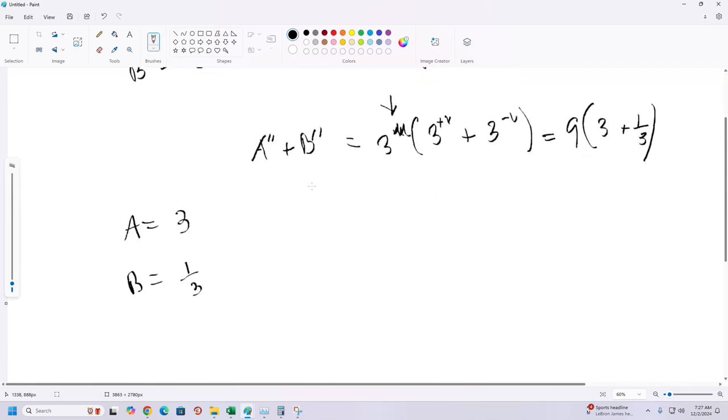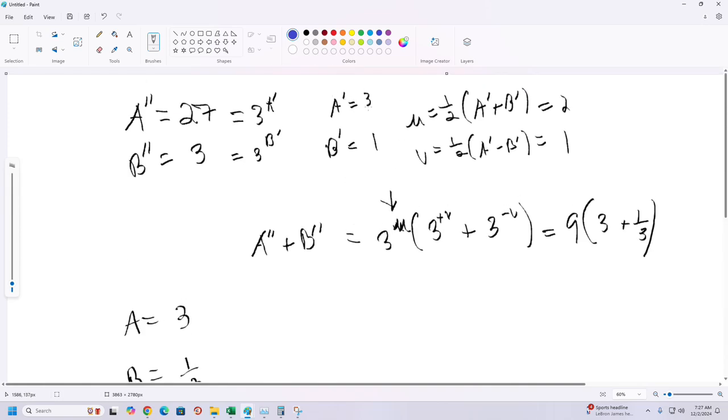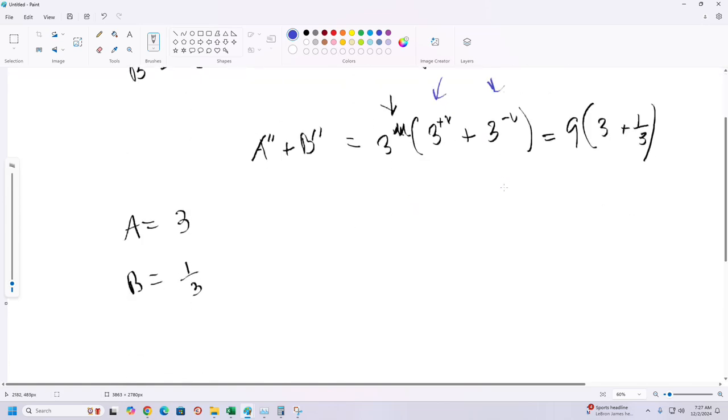So Trump has 3 votes and Kamala has 1/3 of a vote. Okay? So if a is 3 to the v and b is 3 to the negative v, then a is equal to